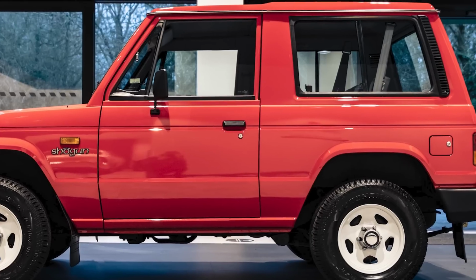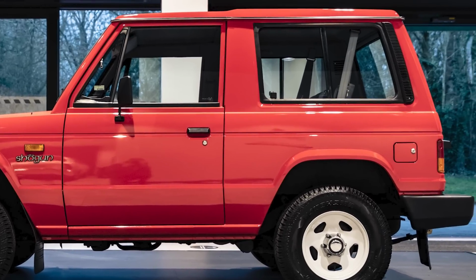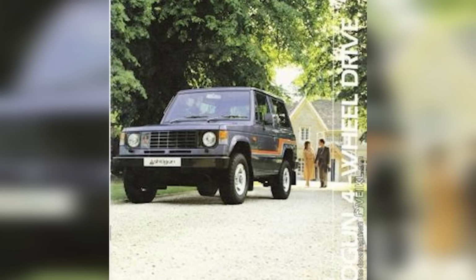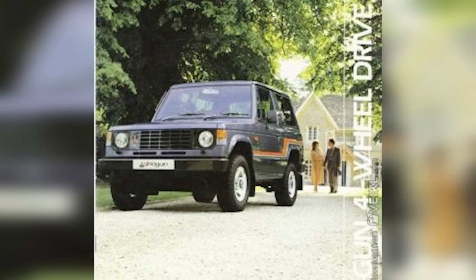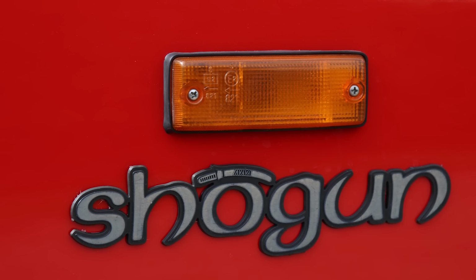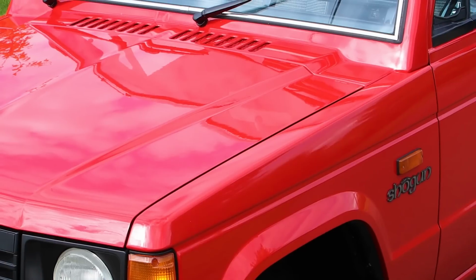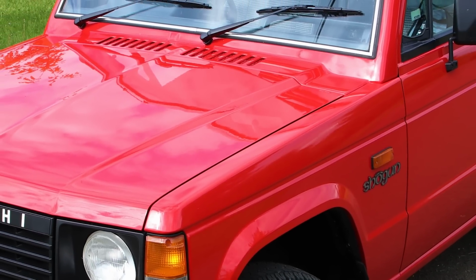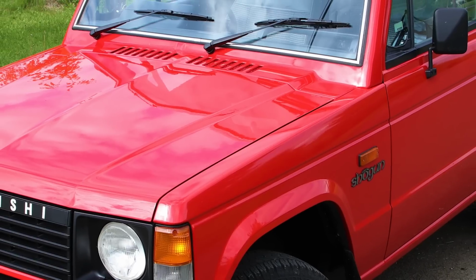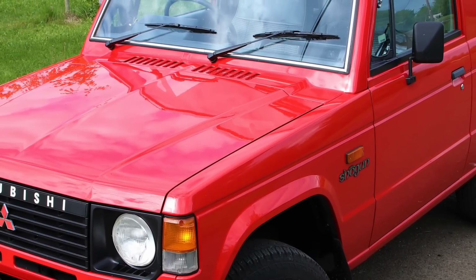When it arrived in the UK, the importers, still selling cars as Colts, had to crowbar off both the Mitsubishi badge and also the Pajero name for its new Shogun moniker. It wasn't long before that badge count changed, as Colt finally ditched the slightly weird name change and began to flog cars as Mitsubishis at last. And if you had a Colt already, you could bring your car in and have it changed into a Mitsubishi